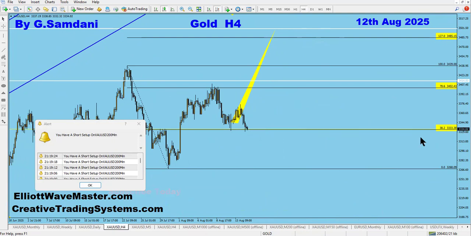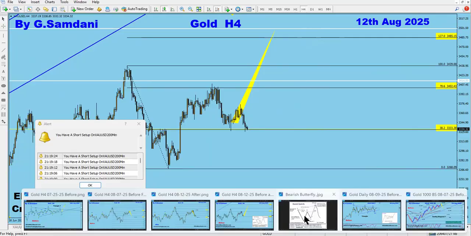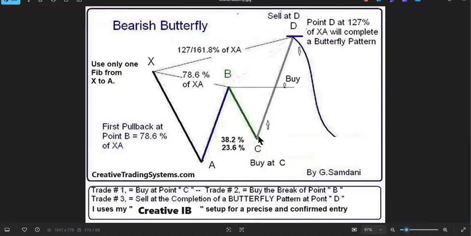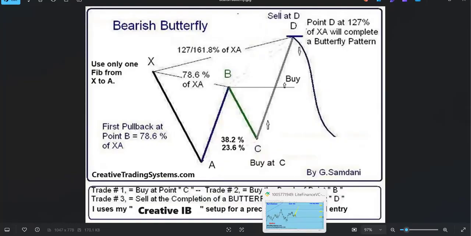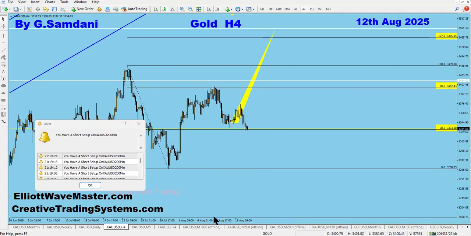It can drop, like I said in the diagram. Sometimes what happens is that it drops to 38% and then fails to go to the upside and then drops to 23% and then goes to the upside. That is one possibility, right? So to avoid confusion, my system requires that I must have a reversal candle to go to the upside, right?